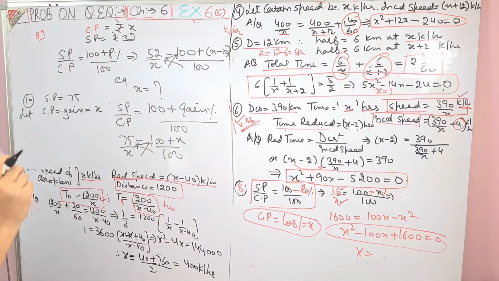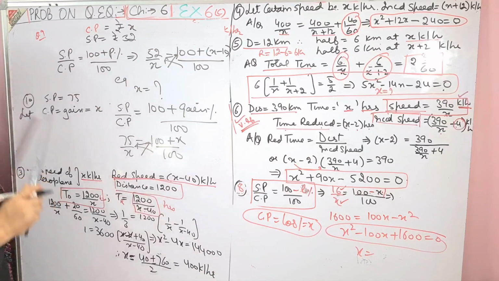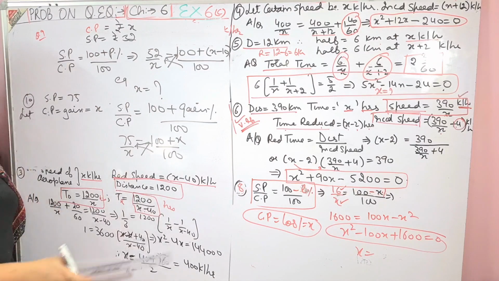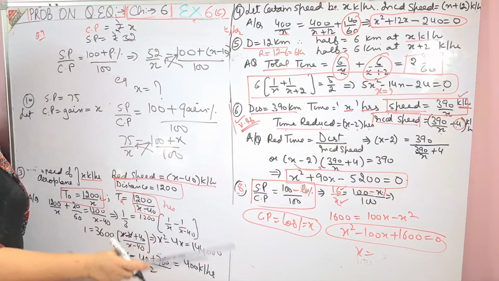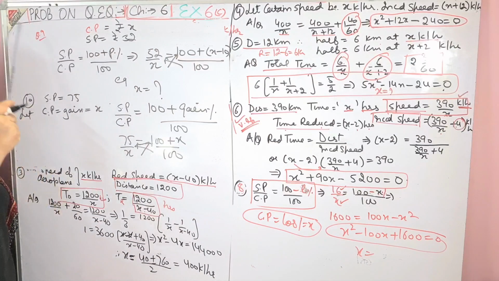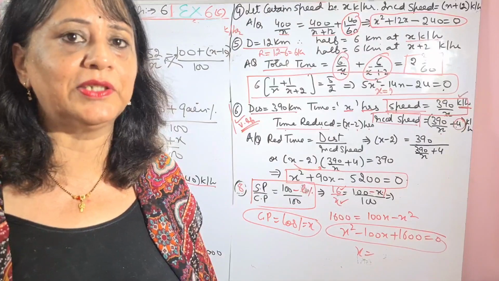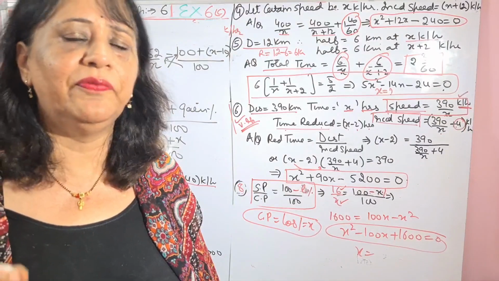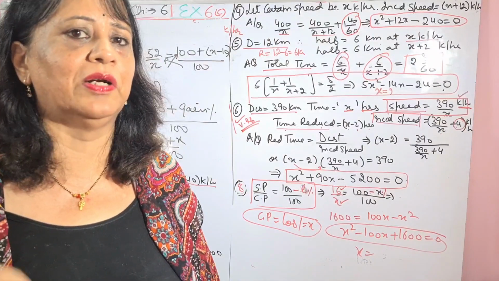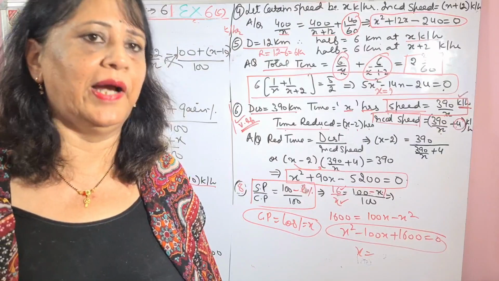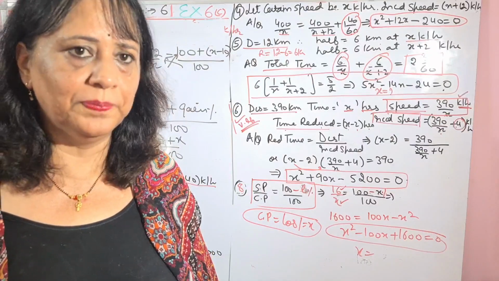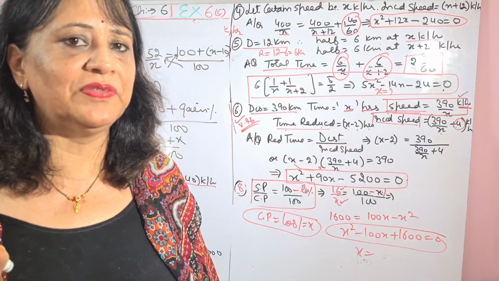This question I have explained twice, because last year in the pre-board this question came. Before also I did question number 10, then I explained the others, but again I have done it in front of you. You are not going to leave a single question of this exercise. Do it to the last, do all the calculations. If you are not able to find the answer, you can WhatsApp me. I will do it and send it back to you. I hope, children, the concept is very clear.